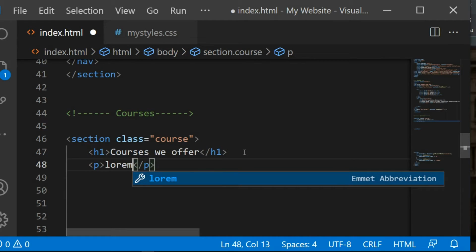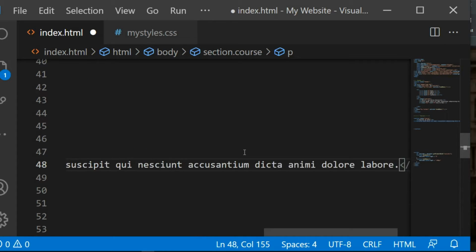Remember, this is just a sample website, it's not a real one. That's why I'm using this free text that these text editors usually have, so that I may not waste time to type. So now when you're done with that one,